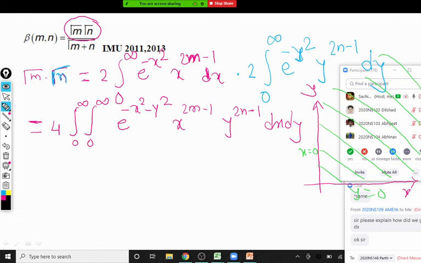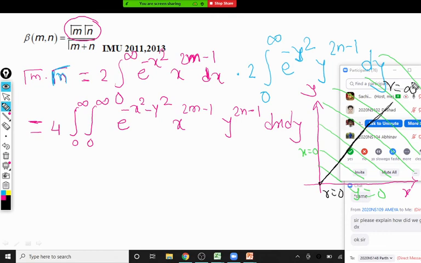Now to get the limits, we take a strip along the radial direction. This is the radial strip. If you observe, the lower end touches r equal to 0. The upper end doesn't have any limit, so it's 0 to infinity, and theta is obviously 0 to pi by 2.